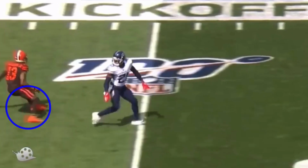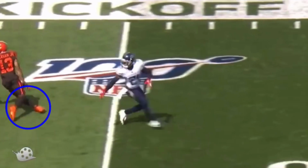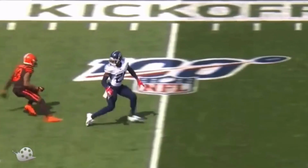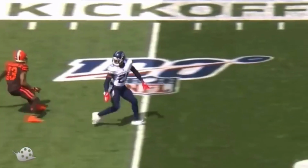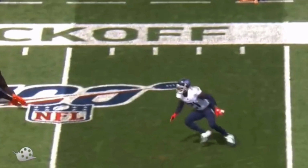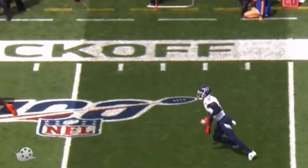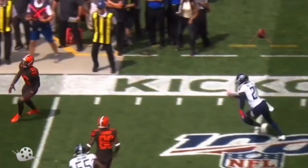So 2, 3. Now, the 4th and 5th step, as you can see, that angles him downhill. This 4th step angles him back down right here, and that gets his hips turned back on this 45-degree angle, and he's going to run down towards the sideline, okay? And then that 5th step, you can see he's coming back to this ball. He's accelerating out of this break. I know it cuts off a little bit right here, but you get the idea that he's running back to this ball because in reality, he has no chance at making a play on this ball, but Odell wants to make sure he can get even more separation than this by running back to the ball, running back to the quarterback, running out of the break at the top of the route, coming all the way back down,